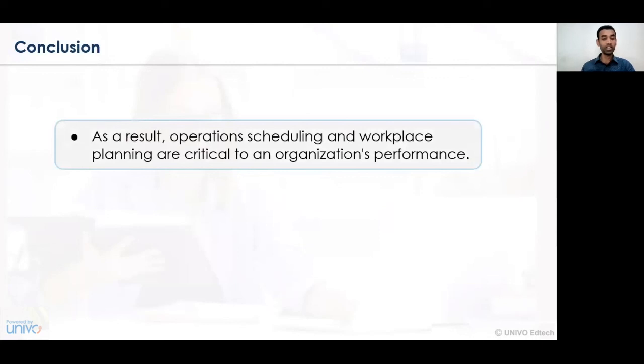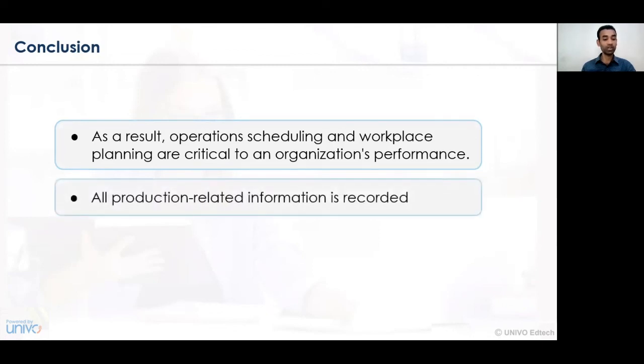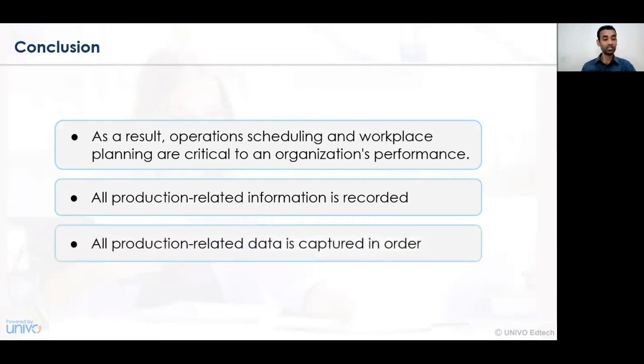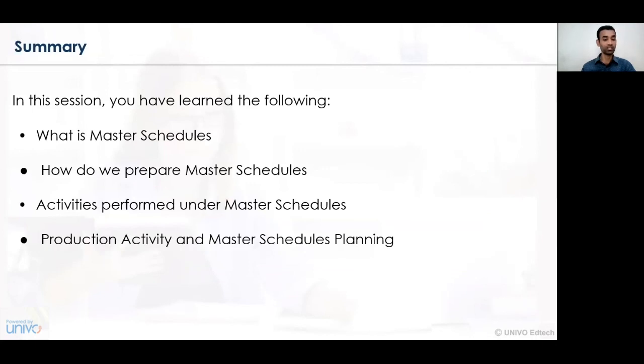Hence, operations planning, scheduling and control is a combination of workplace planning and a critical plan with respect to the market schedule. So the master schedule and the market schedule, with respect to demand and supply factors, and the coordination of workplace planning are essentially required. All production activities are interrelated and the information needs to be recorded at all levels in the organization. Whatever action is initiated, proper computation and record of data need to be captured, and accordingly the record needs to be maintained in the organization.